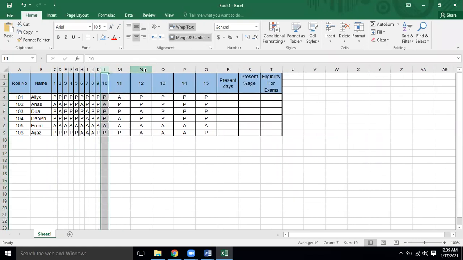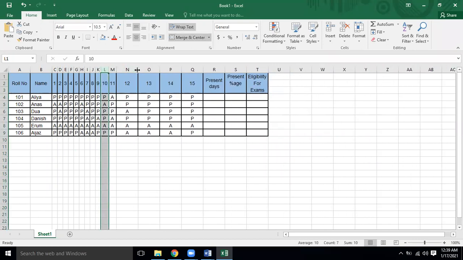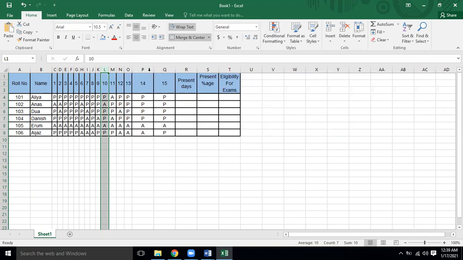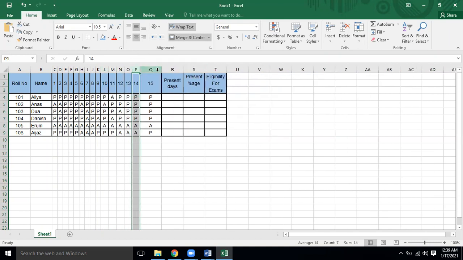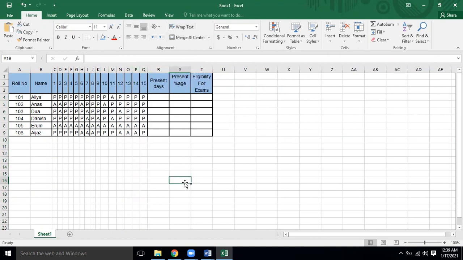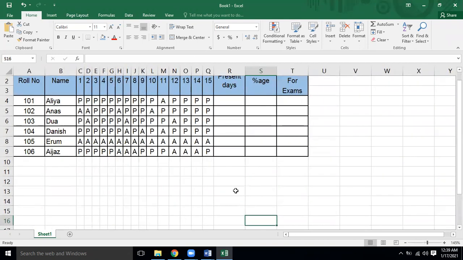Over here the text is limited, but when the text comes in two characters, like 11, 12, 13, 14, 15, you can notice one change: up to 9 the column width is small, but after 9 the column width is large.